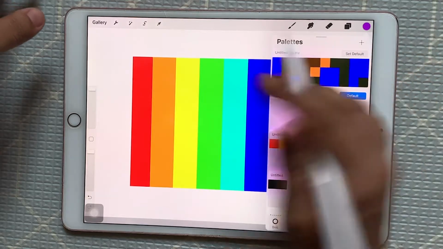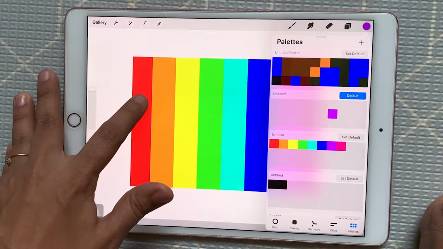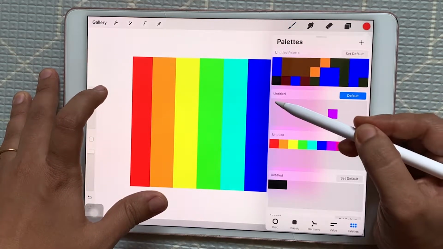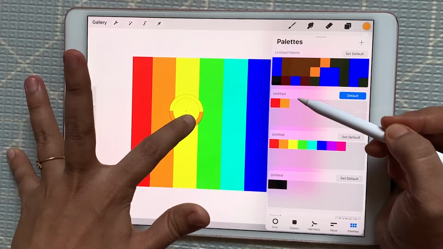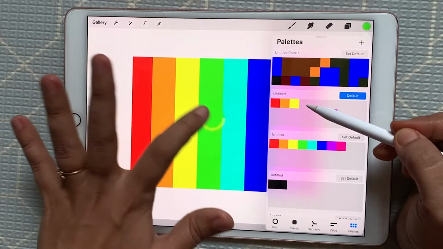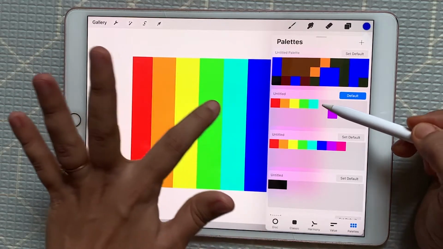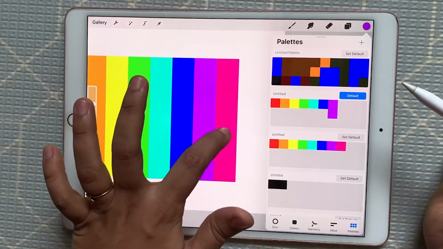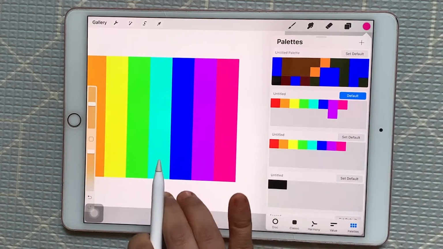What we need to do is hold here and click here, this way you will be able to create your own color palette, and you can use that whenever you are creating a new drawing. So this is how the color palette works.